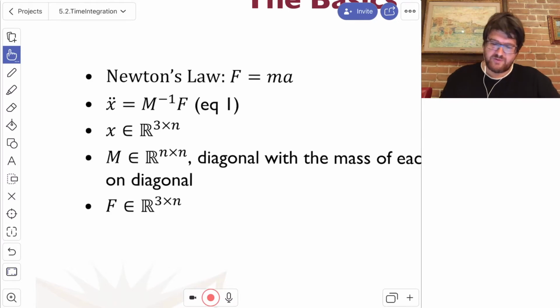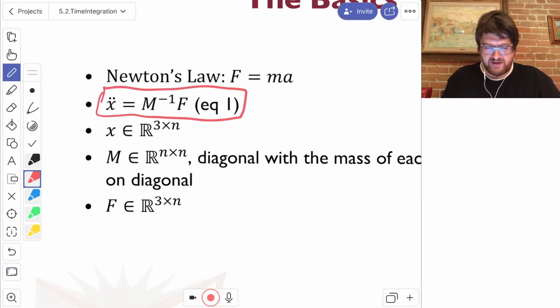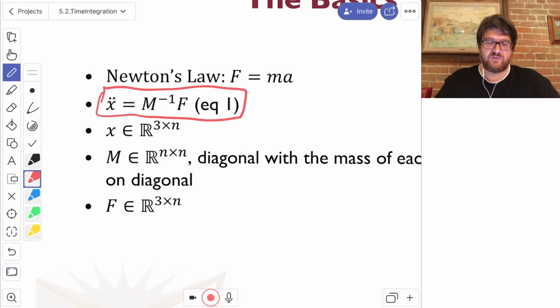So we can now substitute in Newton's second law of motion: we can substitute the second derivative of x for a. So the second derivative of x equals the inverse of the mass times the forces. Now, the previous example I showed you was using one-point particle in one dimension. Of course, this never happens in practice. In practice, we work in 3 dimensions,